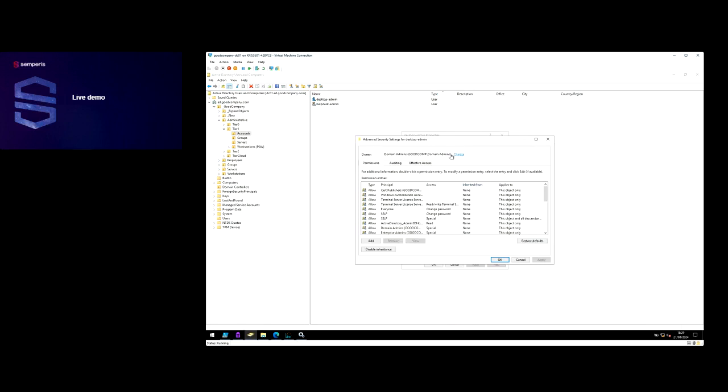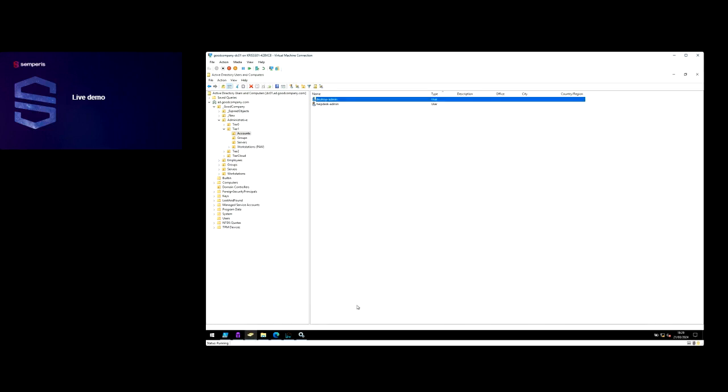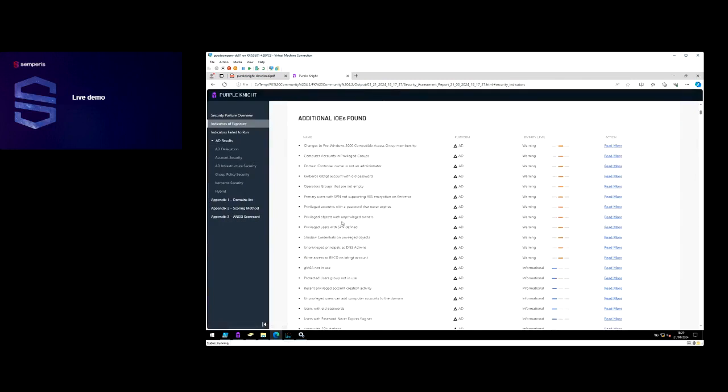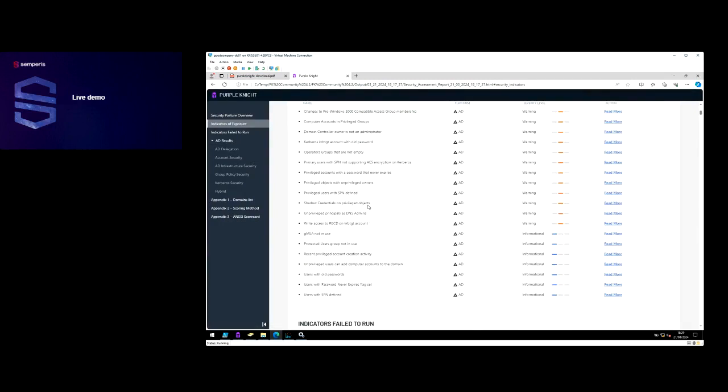And then we'll just change. This is already reverted back to here because of the AdminSDHolder. So what we'll do, we'll hit OK, we'll hit OK, and we'll look at the next one. Now what's interesting is, because we actually fixed a couple of issues with the AdminSDHolder with that inheritance being